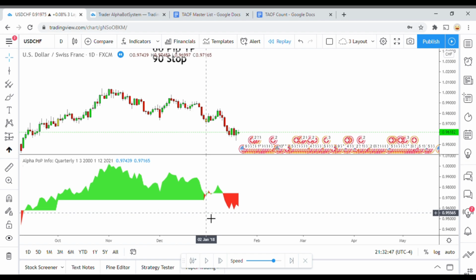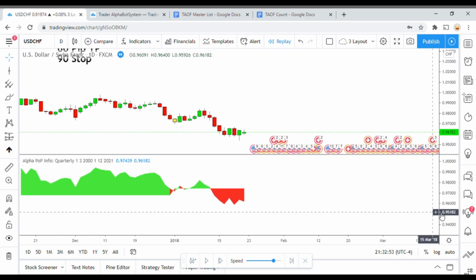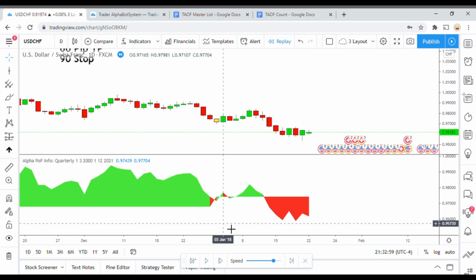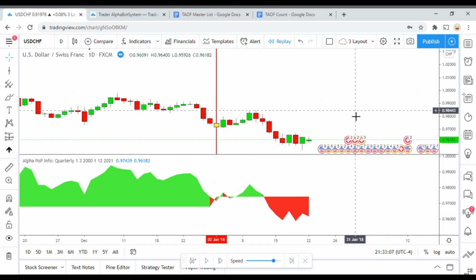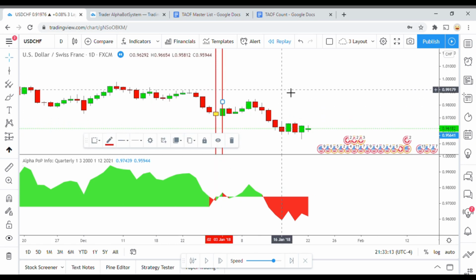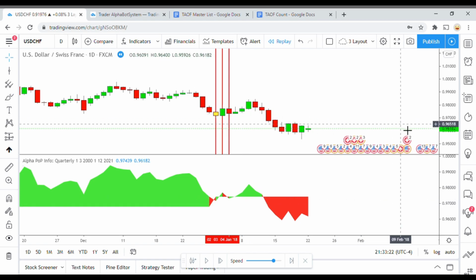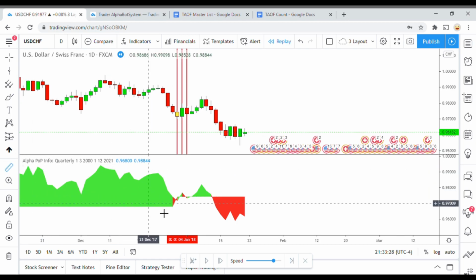Now, this is the part that I didn't like so much with this indicator, is when it starts doing this really choppy type motion. So pick up a short here, and almost immediately it flips, giving us a long, which stopped us out, and then immediately flips, giving us a short, which also stopped us out, before giving us a long,